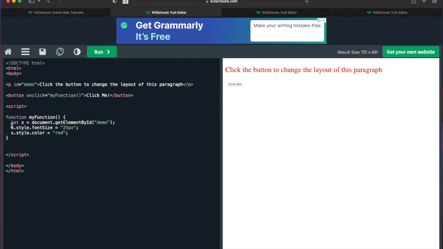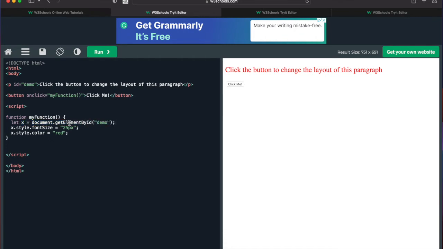So the next thing is, let's look inside of that function and see what our code is actually doing. So we have another keyword here. This is a JavaScript built-in keyword, let. And what that's doing is telling JavaScript, hey, the next thing I type is going to be the name of a container that I want to store something in. And then we have an equal sign, which means I'm going to assign this container whatever is on the right-hand